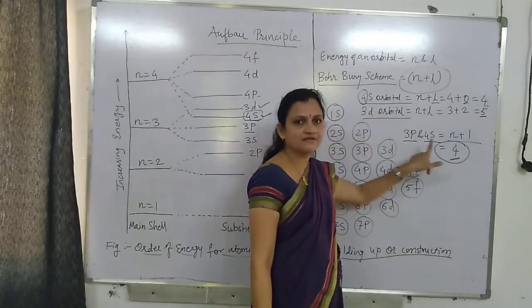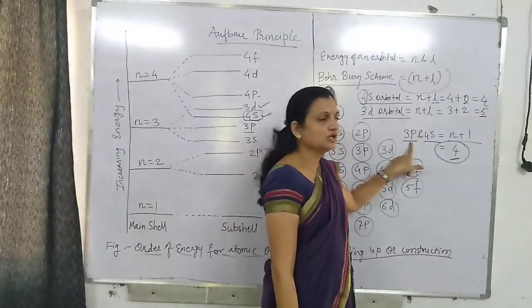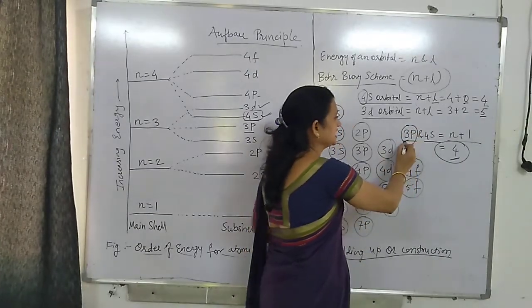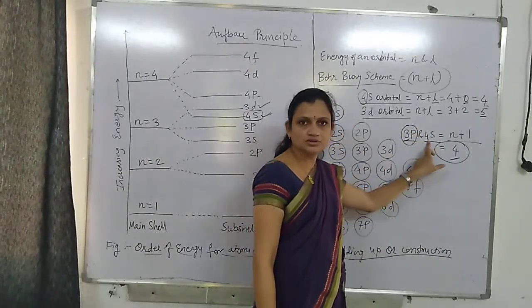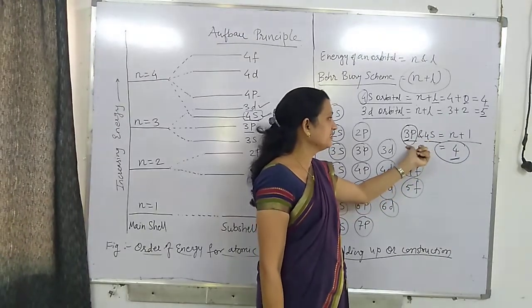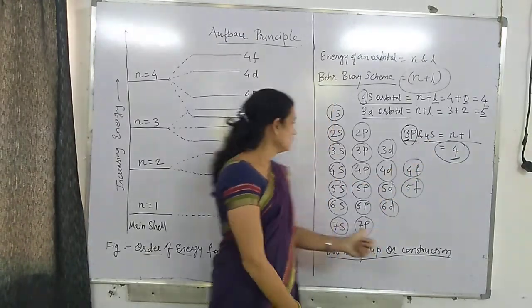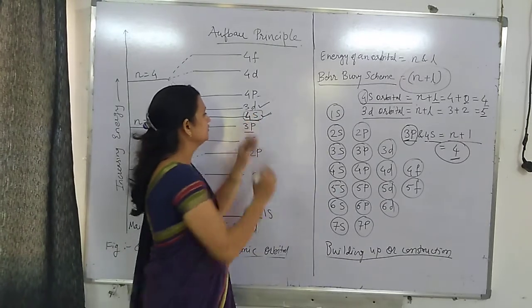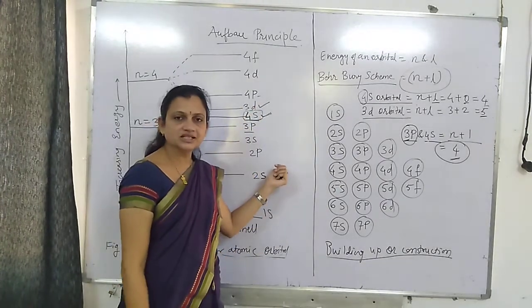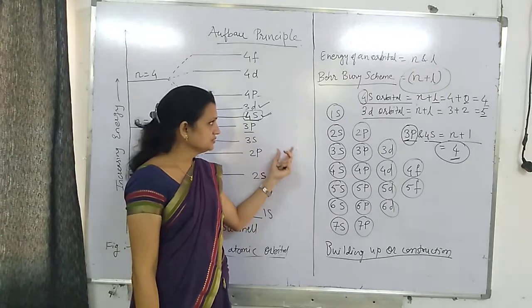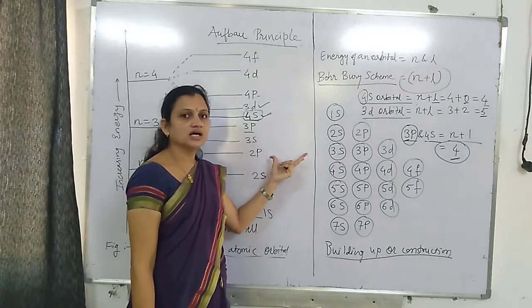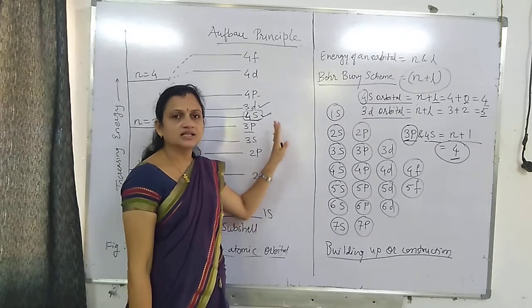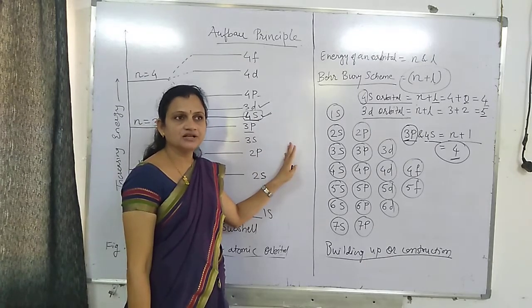Here 3p and 4s are there, but the lower value of n is for 3p. 3 is lower than 4, you know. So the lower value of n we are writing here first, then the higher value of n we are writing next to this 3p. So this is about the Aufbau Principle, which states that the electrons are filled in the